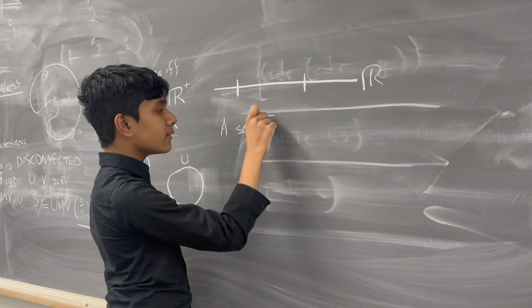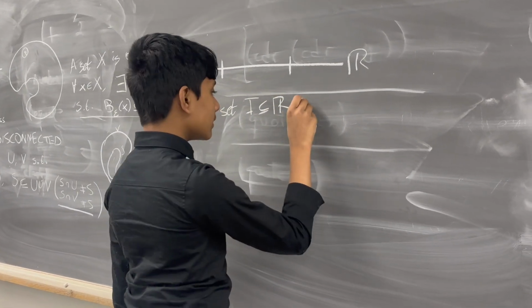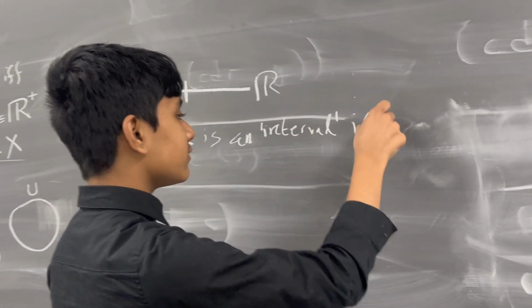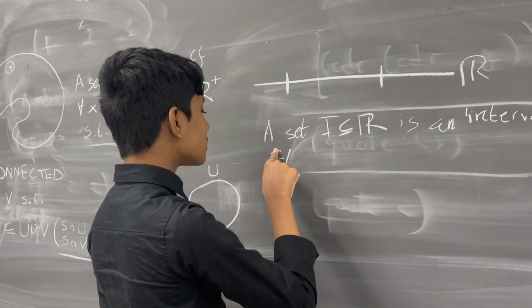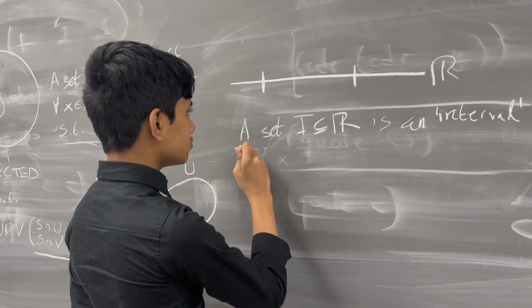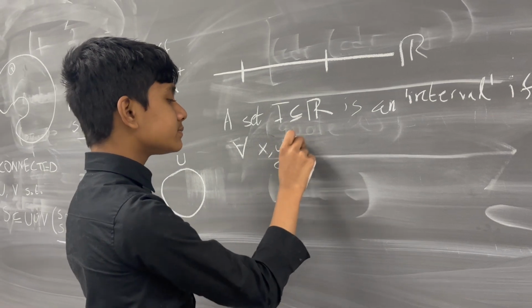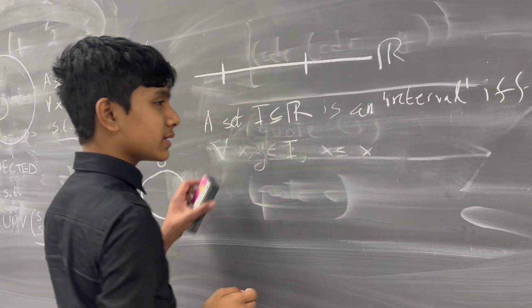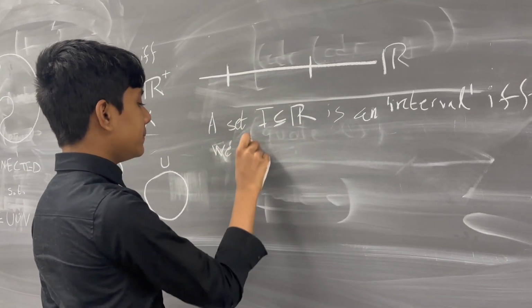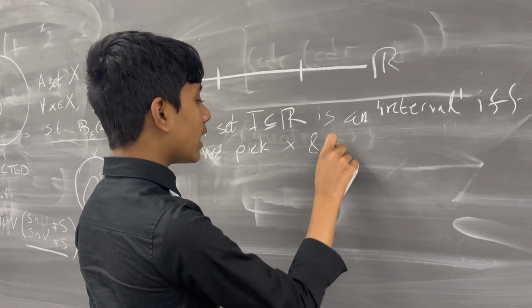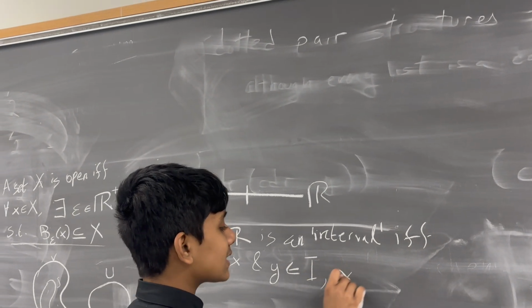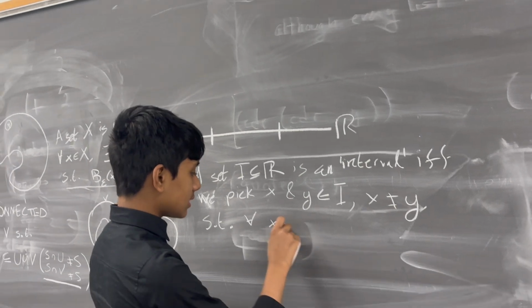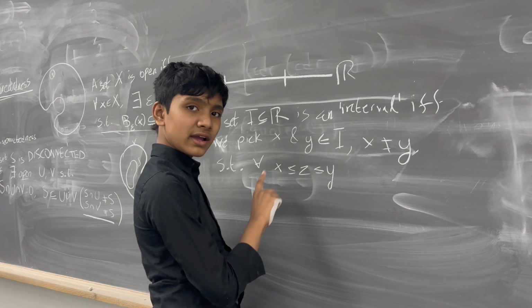A set I, which is part of R, is an interval if and only if we pick x and y inside our set I, x distinct from y, such that for all z with x less than or equal to z less than or equal to y, or vice versa,